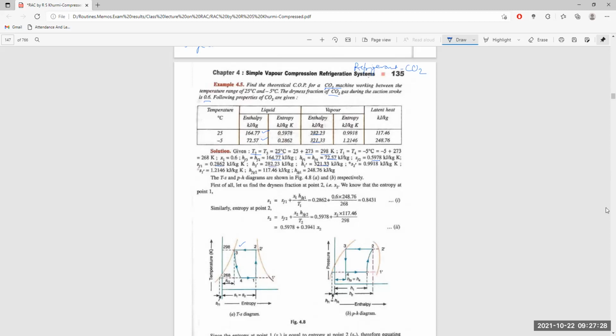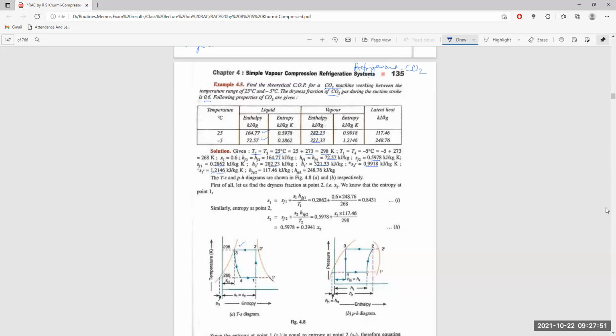And SG2 is also given as 0.99 in entropy, but it is also S dash, because this 0.2 is in the wet vapor region. So SF2 is equal to S2 dash, which is 0.918, and SF1 dash is 0.12. These are both the 1 dash and 2 dash.